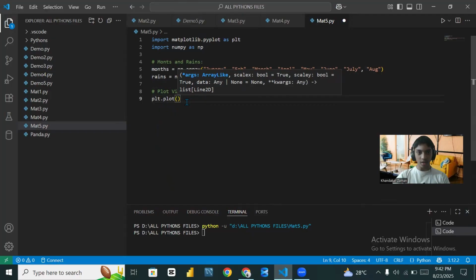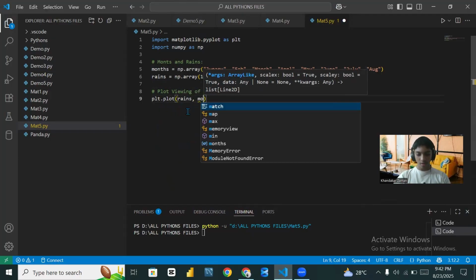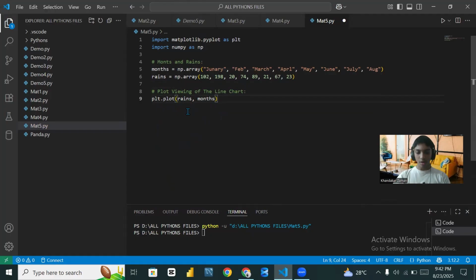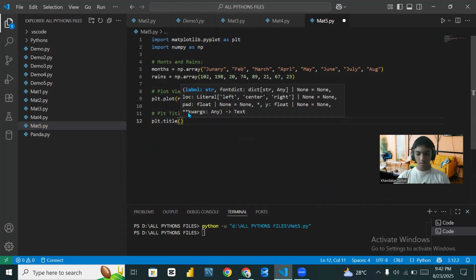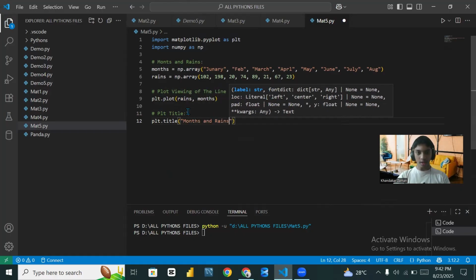Firstly range and secondly months: range, comma months. Now when it's done, hashtag plt title, colon, plt.title, months and range graph chart,